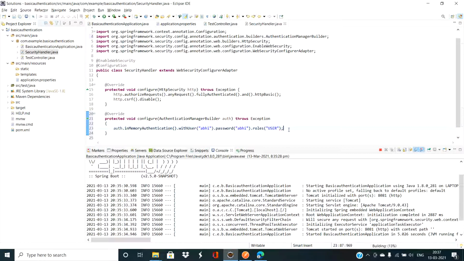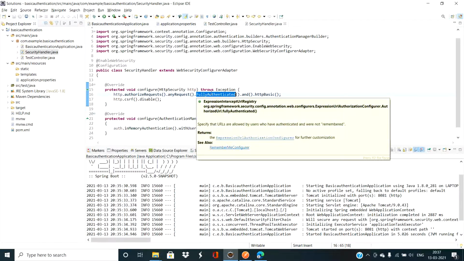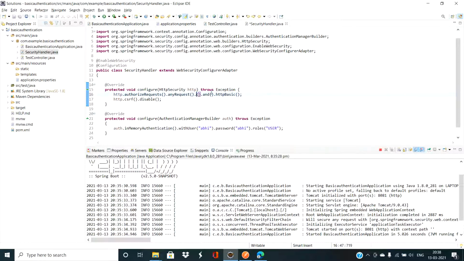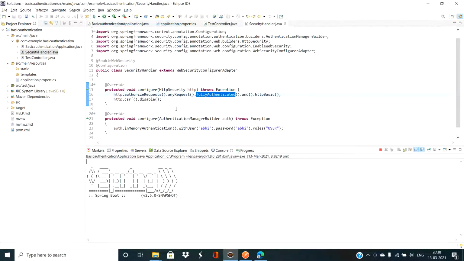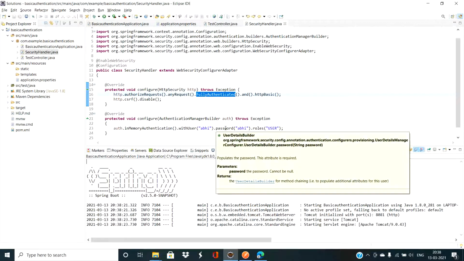And one more thing, since we are passing the ID and password, and here we have said it's fully authenticated, let's run it. It should be asking for the ID and password.